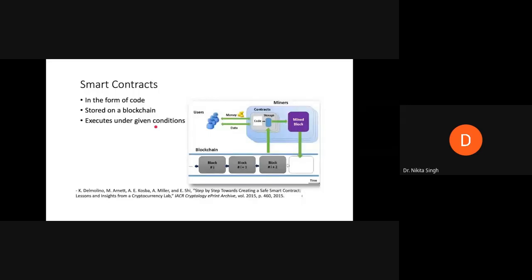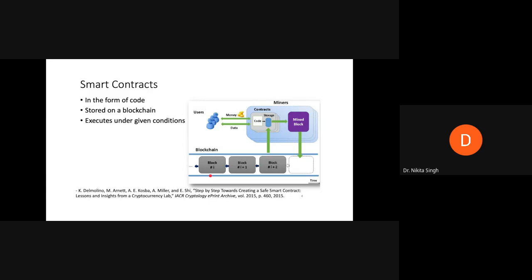Here, if you see, we know what a smart contract is. It is written in the form of code. The code is stored on the blockchain and it will execute when given conditions are true. If you look at this diagram, we have a blockchain here. This blockchain will store your fund transfer transactions, your smart contract transactions, and if you have any distributed applications running on your Ethereum blockchain, those transactions will also get recorded here.